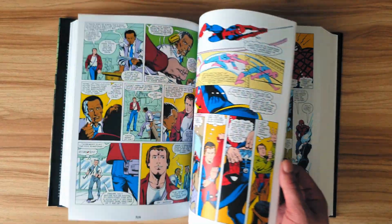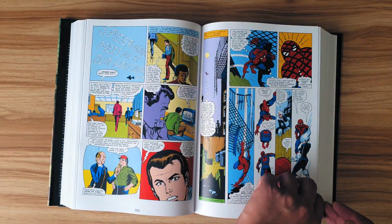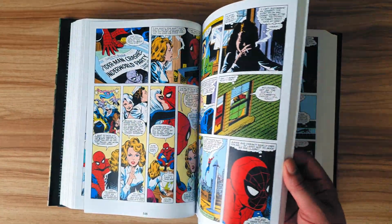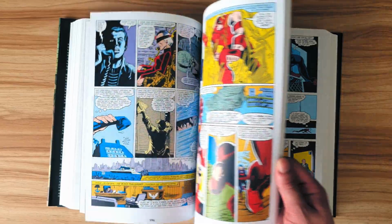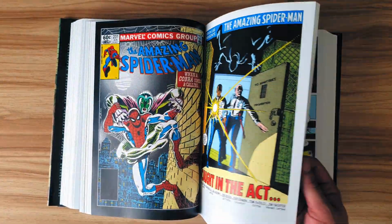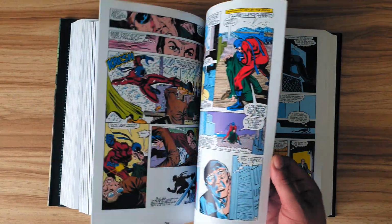And I hear this is, I haven't read this, but I hear this is where Peter kind of left high school, and this was more about when he was in university, which you Americans call college, and doing his degree and working for Doc Connors, that sort of era. And I like when they push Peter forward a little bit like that, because